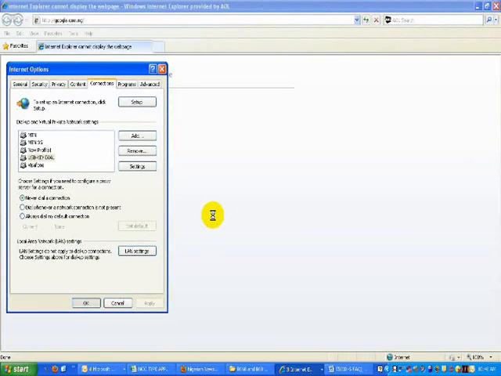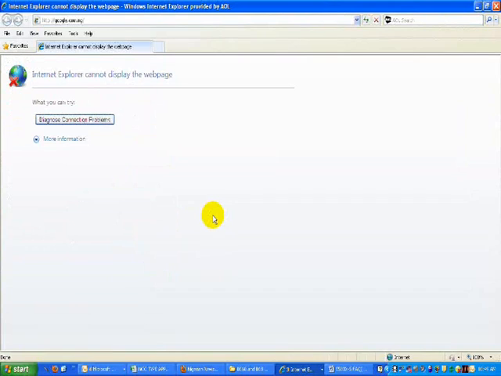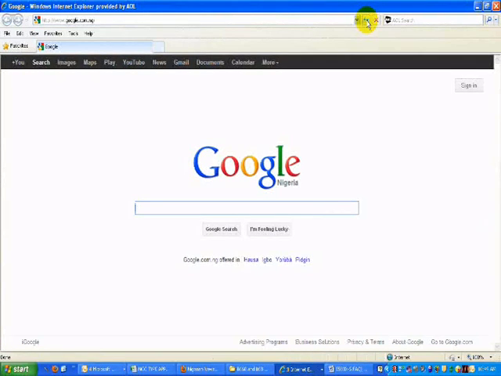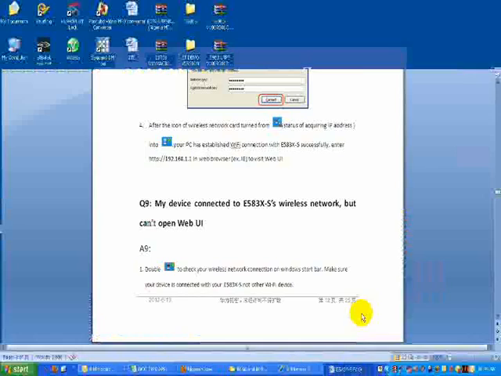So now the next point is I want to launch any of the internet pages. I want to browse now. So I click Google. I can browse the internet. So that is how you can eradicate that problem of the web user interface not opening. So that has been resolved. So the next question is,